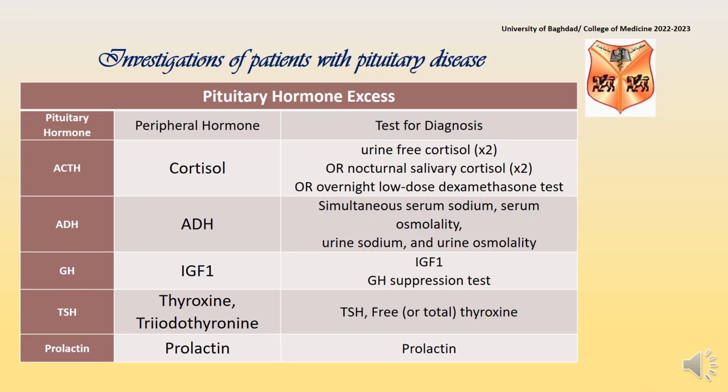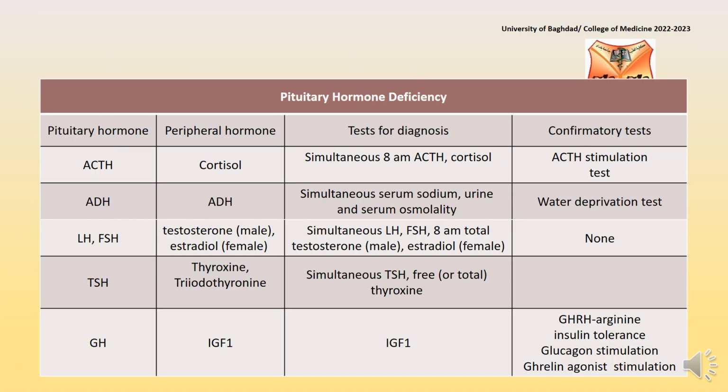Test for diagnosis: TSH and free or total thyroxine. For prolactin, it is secreted from the pituitary and the peripheral tissue, and the test for diagnosis is serum prolactin. About pituitary hormone deficiency, the pituitary hormone ACTH, the peripheral hormone includes